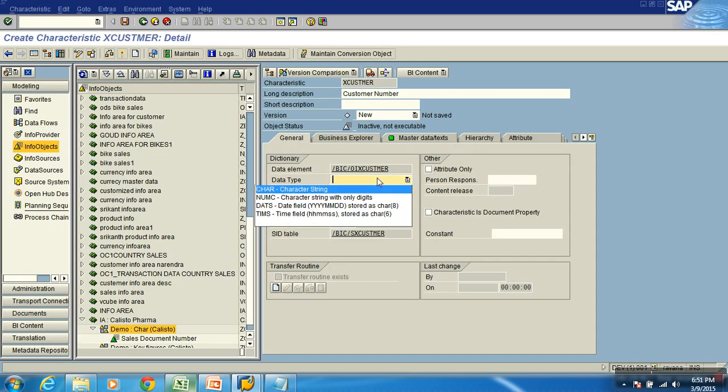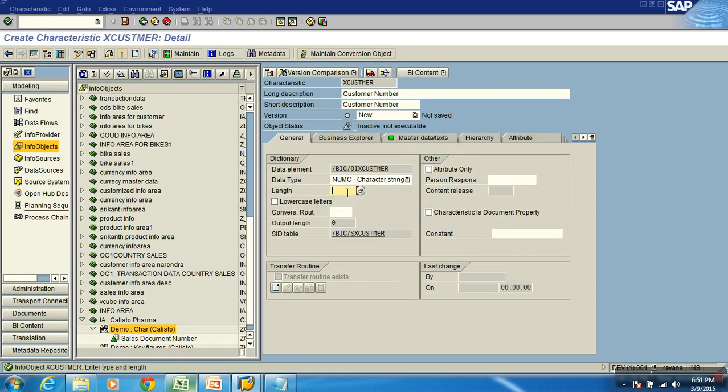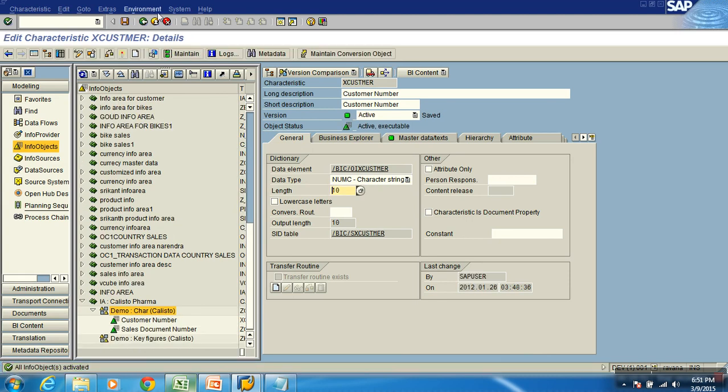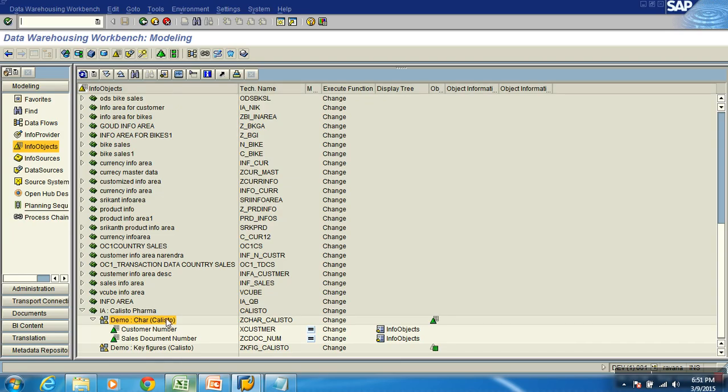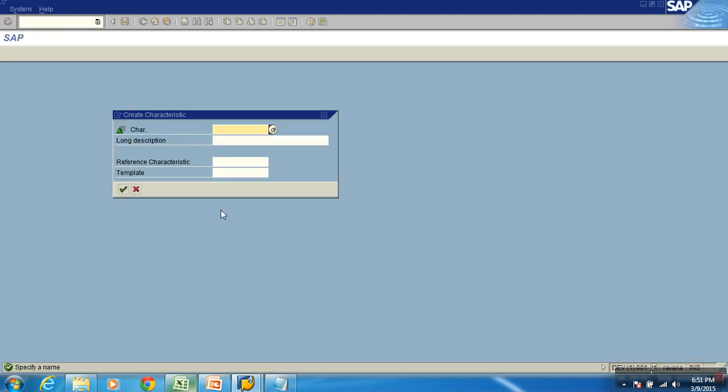So what is the data I should choose now? num_c, and what is the length was? I know that's a 10 length, so activate. What is the next column? Product. Again what? Characteristic, right click, so create info object.